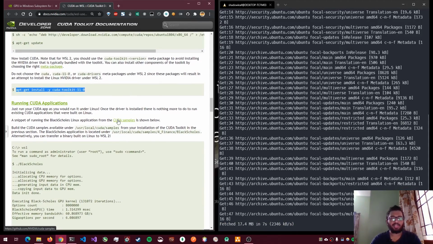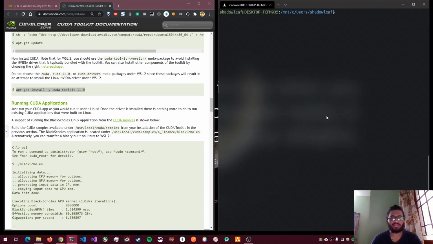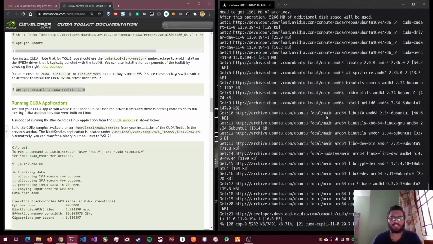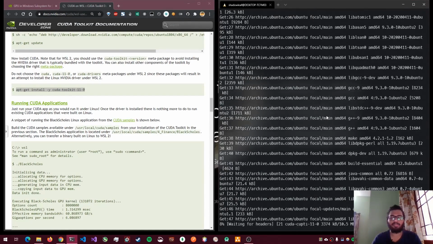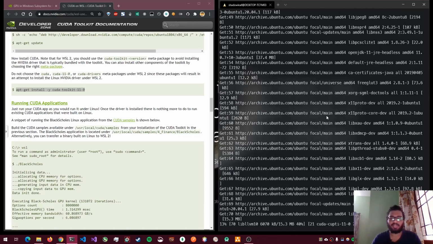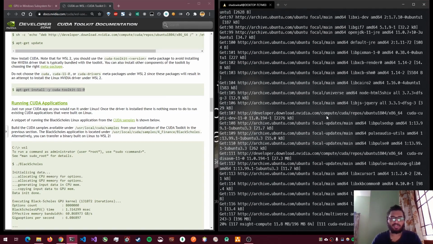After the CUDA toolkit is installed, you can directly go ahead and use the GPU from WSL2. But there's one more thing that I would recommend, which is to use a Docker container. So let's install the CUDA toolkit. The reason I am suggesting using a Docker container is that you wouldn't mess up the drivers. If you install something in WSL on top of it, there might be driver conflicts or driver mismatches. So I'd recommend using Docker. You cannot mess up. There's only one thing that you need to install, the CUDA toolkit, and then you will have everything ready to run.